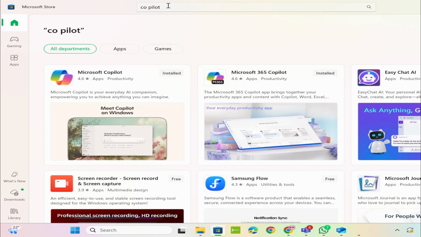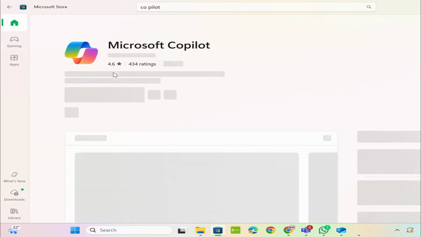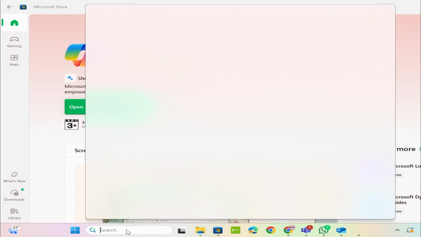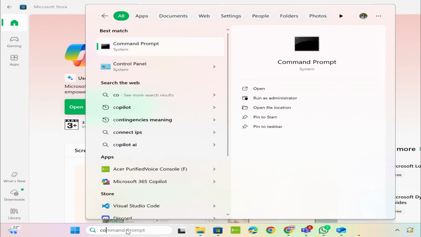So, Microsoft Copilot is the free version, and Microsoft 365 Copilot is the paid version. So, if you are using the free version, then you can just tap on Microsoft Copilot and go ahead and then install it. Now, since I've already installed it, I can go to my search bar and then search for